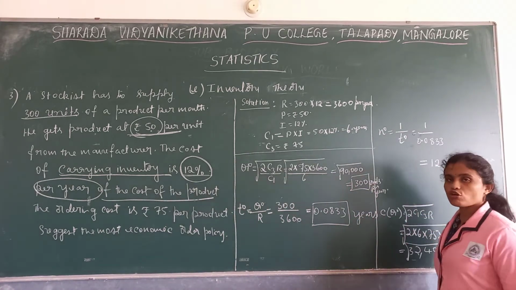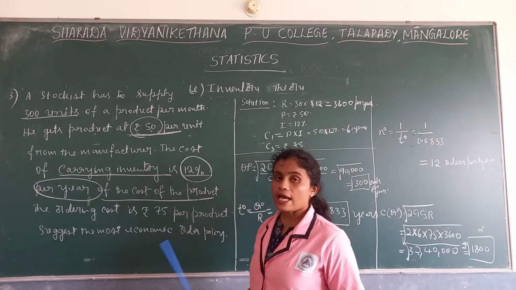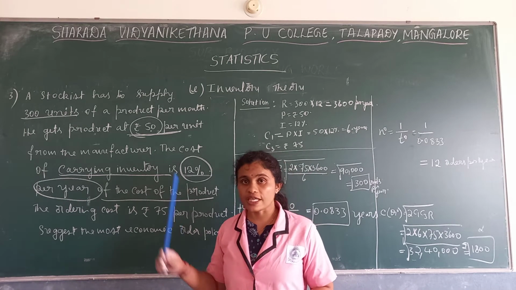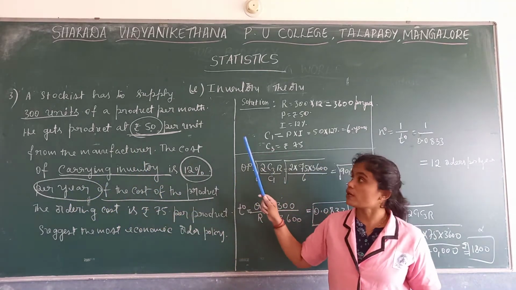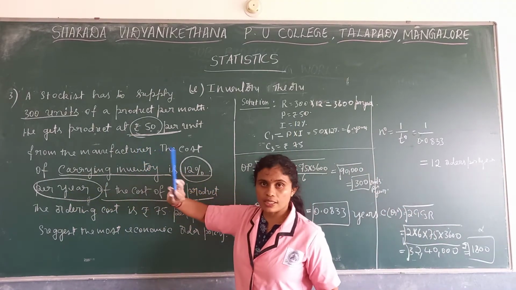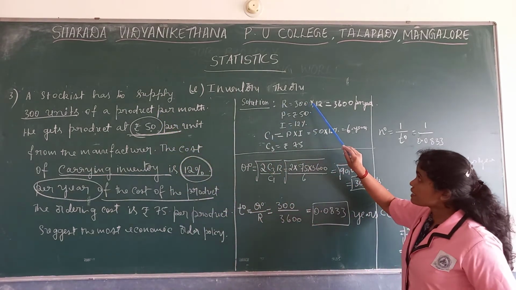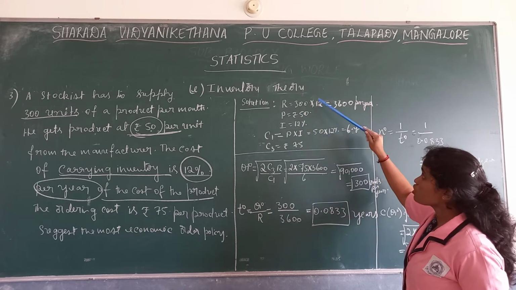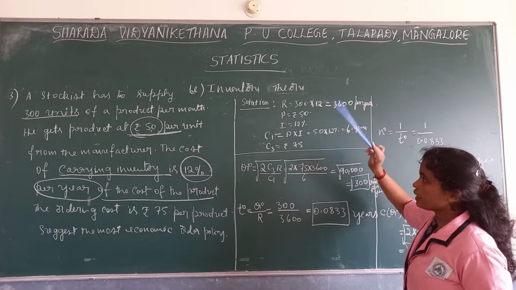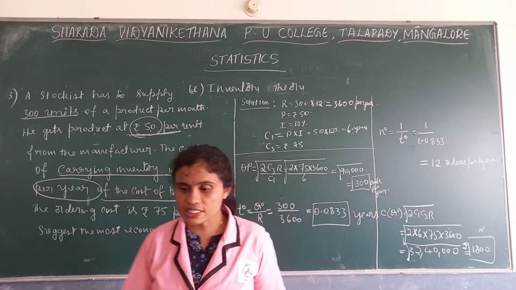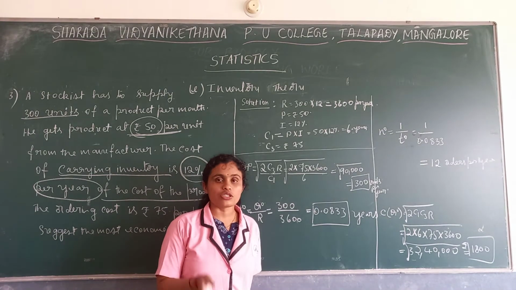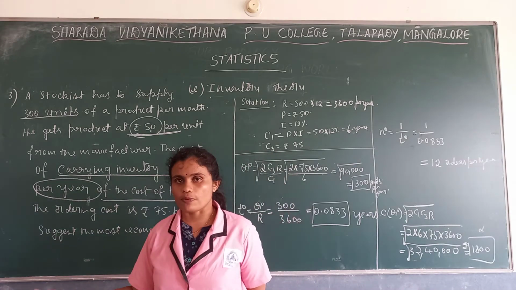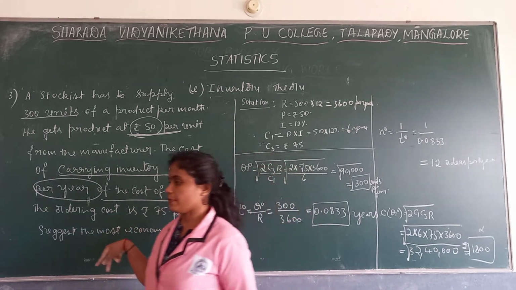So this is another kind of problem where you get the carrying cost in the form of percentage. There, you have to multiply it with the price which they have given in the problem. The one difference is that the demand is given per month, but the cost of carrying is per year, so we need to convert demand also to years. Then the carrying cost percentage we multiply with the price of the product. Now we will see one more kind of problem under the inventory method.